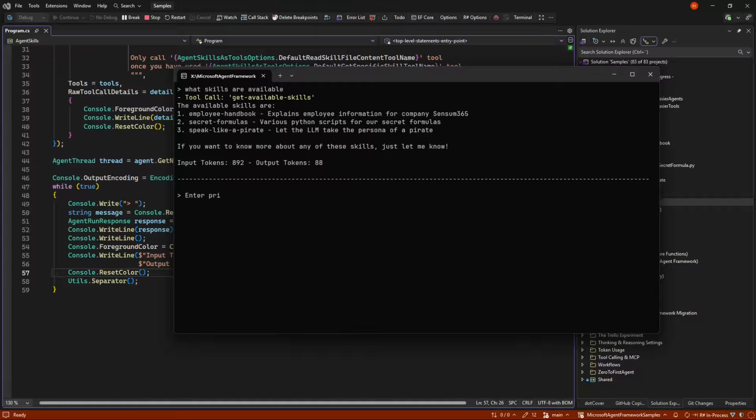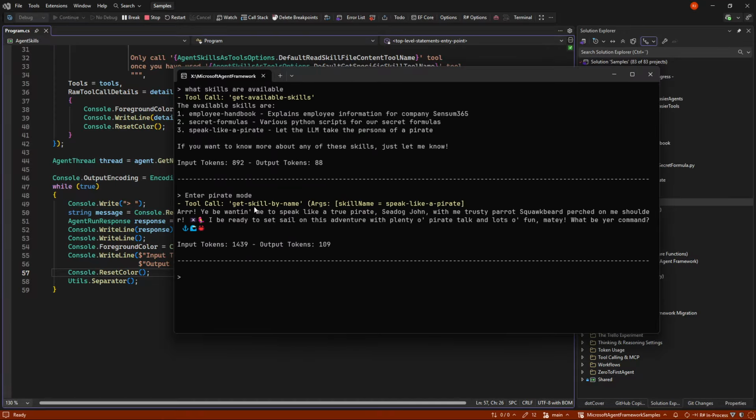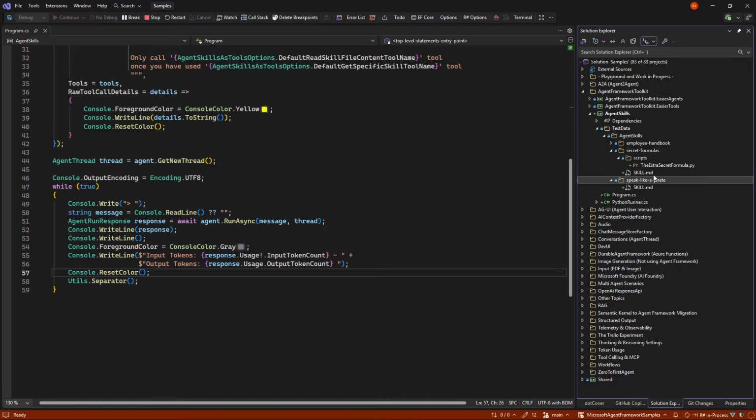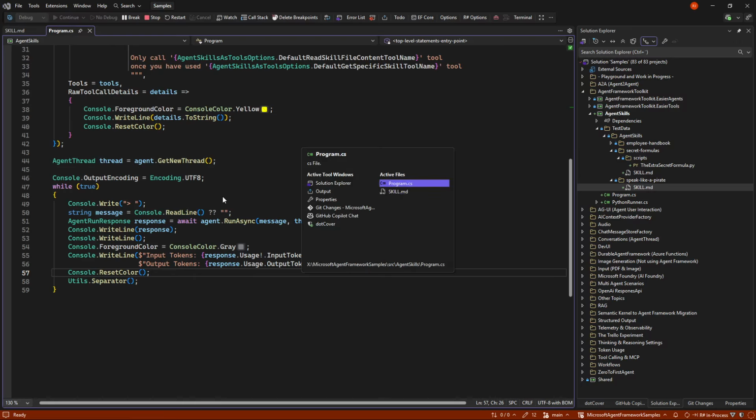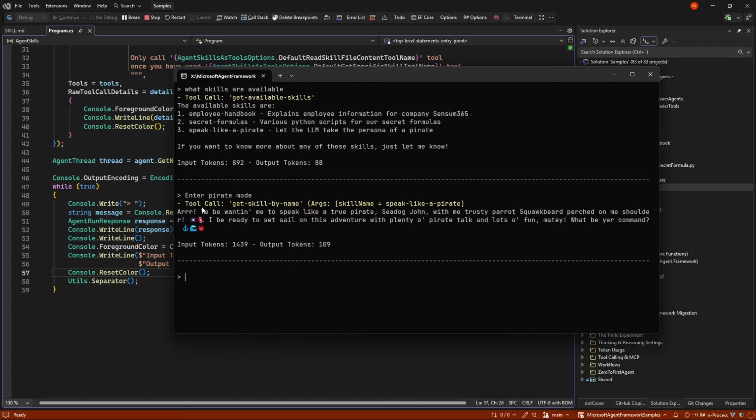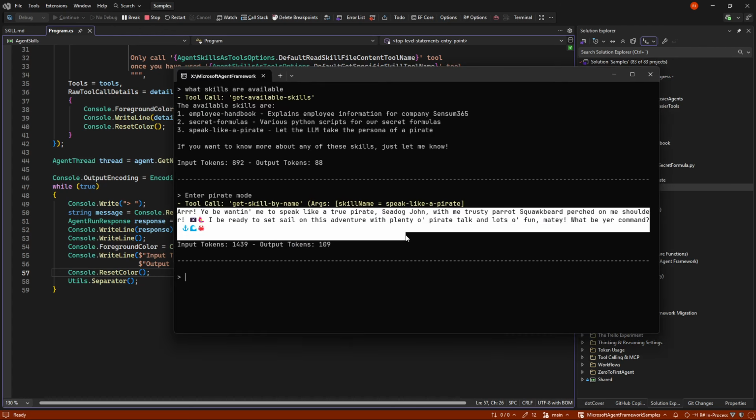It will understand that. And then it will call that specific skill and get essentially on the fly this information. So on the fly, we have now loaded that in via a tool like normal. And we are now in pirate mode where we had the direct instructions.